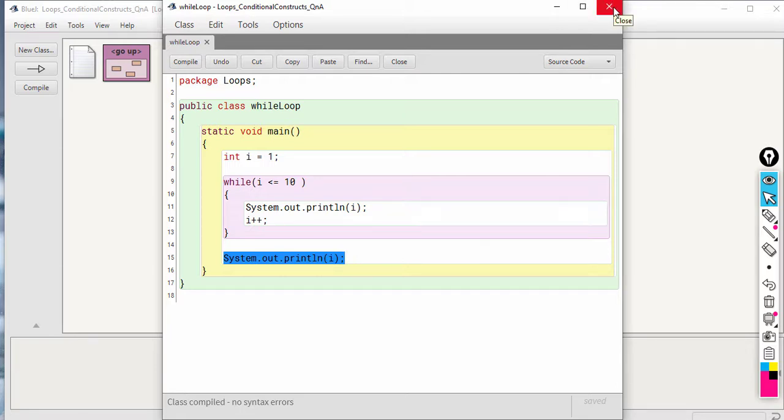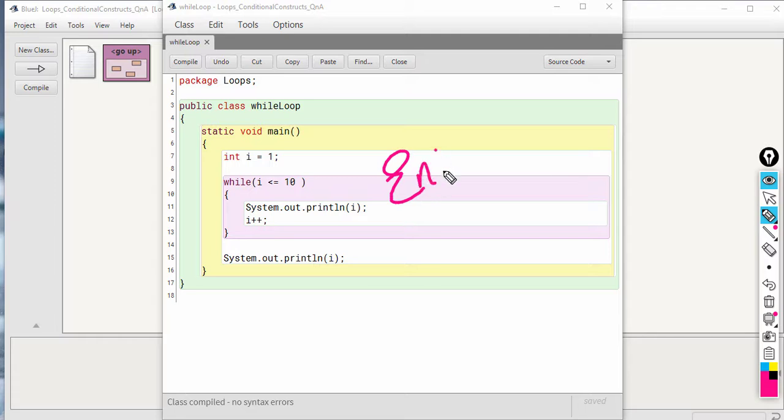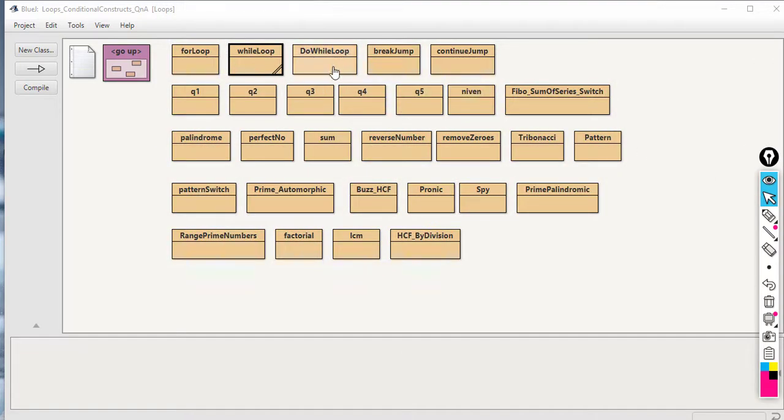So both while and do while are known as entry controlled, okay? Because the control can enter the loop body only when the condition is true, both in case of while and for loop, okay? Now let's see do while loop.